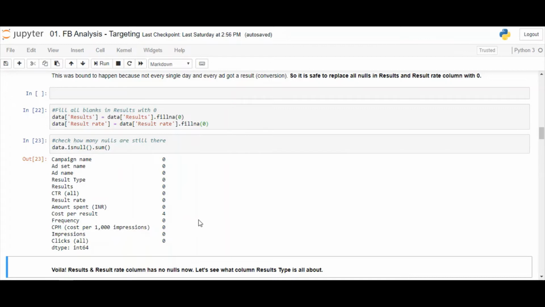If you see the definition of cost per result, it means how much money on average you are spending to get one conversion. That formula would be total cost divided by total conversions. Since in this case conversion is 0, the denominator becomes 0 and the division becomes infinite. So in actuality, this value cannot be determined. We keep the null values as null because we cannot determine them.